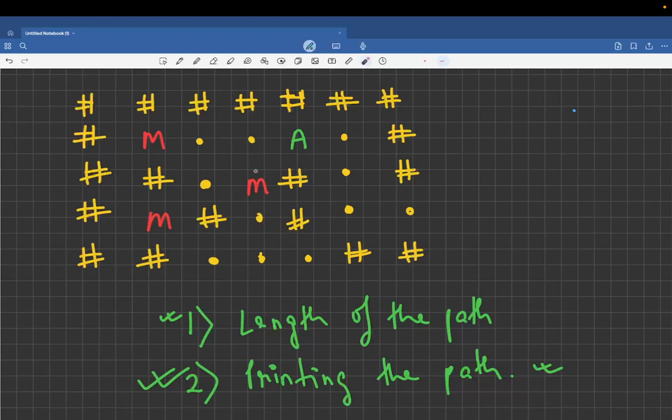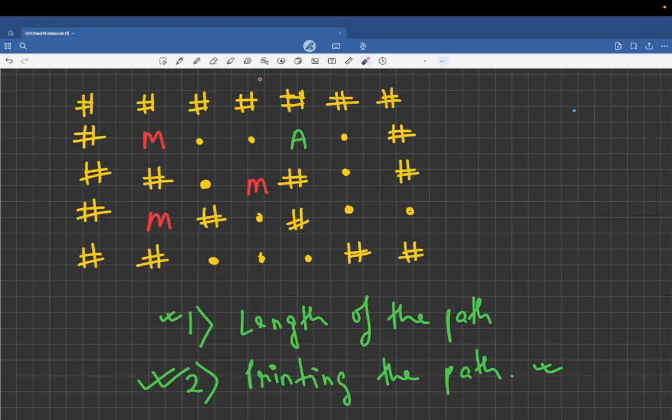So can I say that if I am considering only monsters in this particular grid, and I want to calculate the minimum distance to reach a particular cell by any of the monsters, then I have multiple starting points. I can start from here, from here, or from here, right? Now, what is the basic method we follow for going to any cell and calculating the minimum distance? We do a simple BFS traversal. But in this particular problem, would you do a BFS traversal individually for every monster? Would you do that?